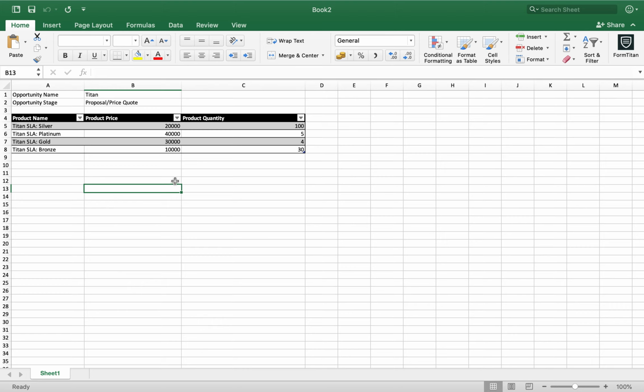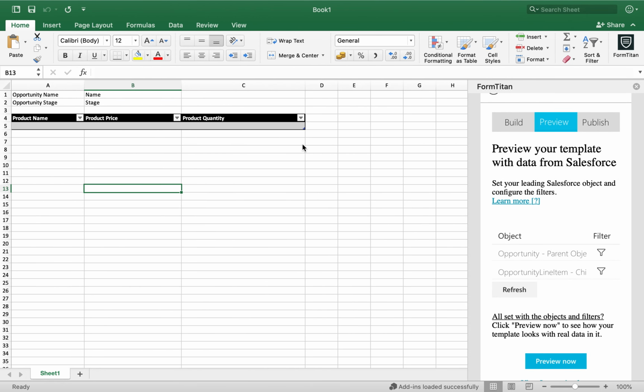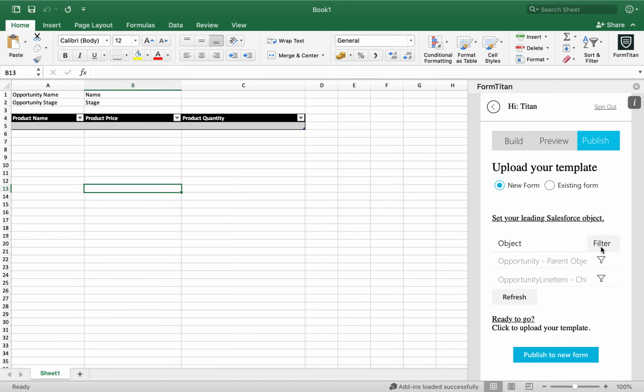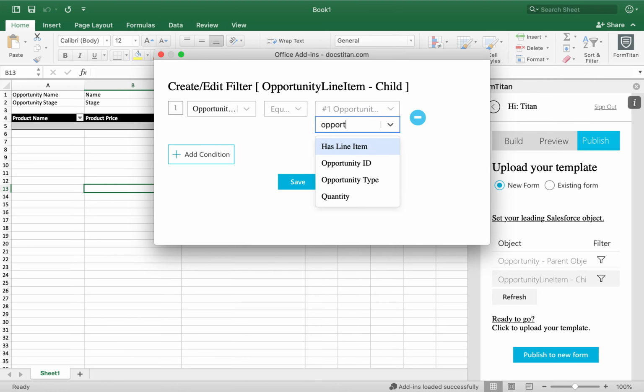Now once we preview, you can see this is our data here, opportunity name, stage, and these are the line items here. Very simple. Now what I want to do is push this into Salesforce and then view it from there. So the first thing you need to do is click on publish, and then you need to make sure the filters are set the same as the preview, because they don't copy over. So, same thing, opportunity ID equals number 1, opportunity ID,